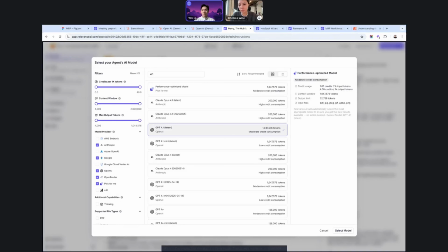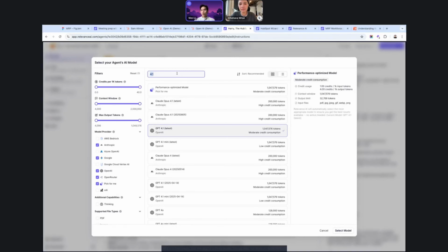And that means you can put a giant prompt like this, which is about 12,000 tokens, into a 1 million token context window. The other part about GPT 4.1 is that it's extremely fast. It's non-thinking, and it's hosted by OpenAI, and so your results come back a lot quicker than even the best models like Sonnet 4.5.